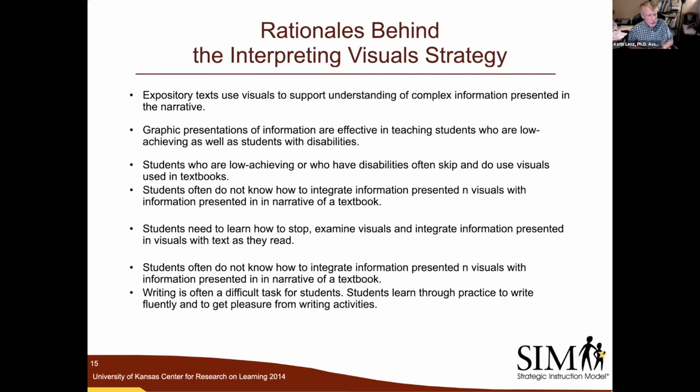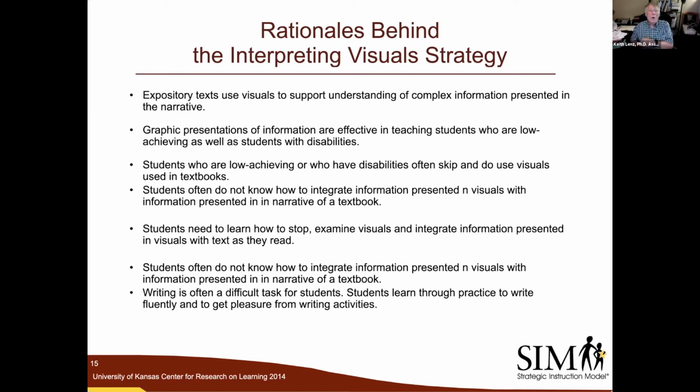Primarily list science and social studies. So these texts usually support understanding of complex information presented in the narrative. This is really an important point. Most textbooks only put visuals in when they repeat information that's provided in the narrative of the text, which means that the author has chosen that this information is so important, it warrants another presentation to make it easier to